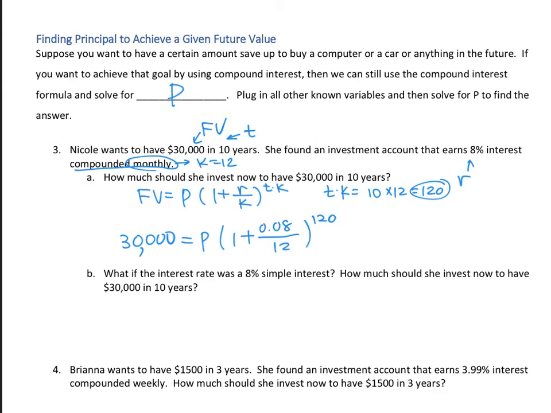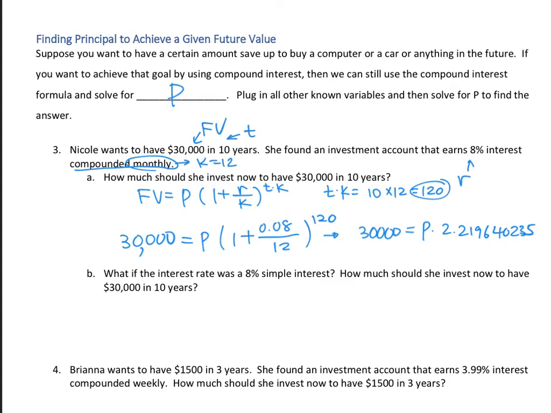Okay, so again, this looks slightly overwhelming. This is one number. This is kind of crazy, but once I calculate this out, it'll just give you one number. So let me calculate this out. Hopefully it'll get a little easier. So this becomes 30,000 is equal to P times, the complicated part is just 2.219640235. Generally speaking, I don't want to round off in the middle of the calculation. My final answer I usually round off, but in the process of calculation, I'm going to try to keep it as unrounded as possible, just to get the most accurate answer.